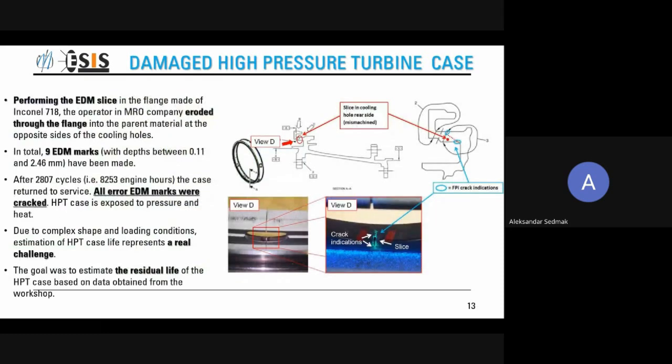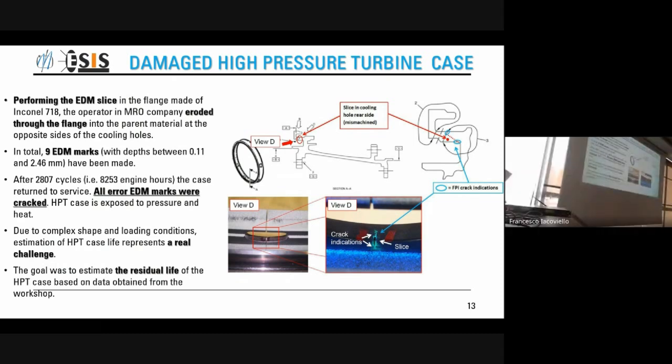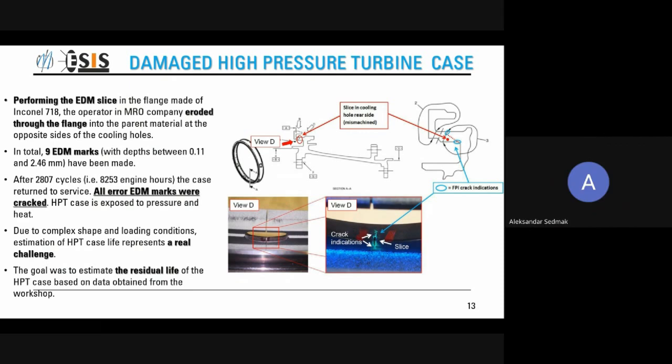Damaged high pressure turbine case. This is an interesting example from the real world, from some aeronautical components that were not supposed to be cracked. And actually, these cracks did not come from the loading itself and from natural causes, but they came from wrongdoings in a workshop. Namely, this component, which is, you can see, very complex in shape,